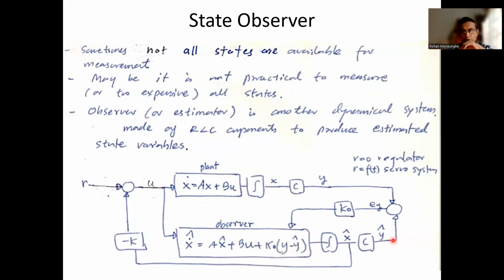The output that is produced by the observer, that is y hat, we compare it with the actual output y, and we take the difference e_y, right? And we multiply it with the gain K0 and put it over here, right? K0 times e_y. So we create this observer plant, taking the system information A, B, and also this clamping mechanism. This is a clamping mechanism to make sure that x hat dot will stay very close to x dot,